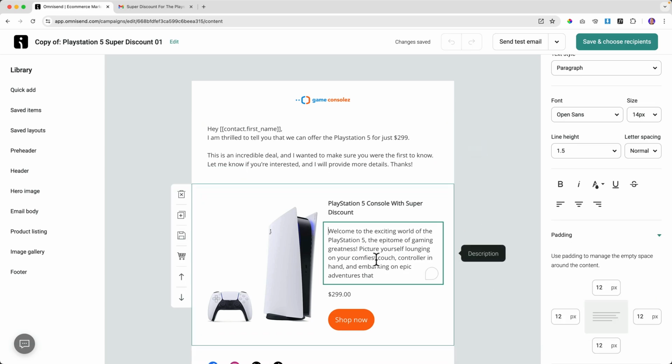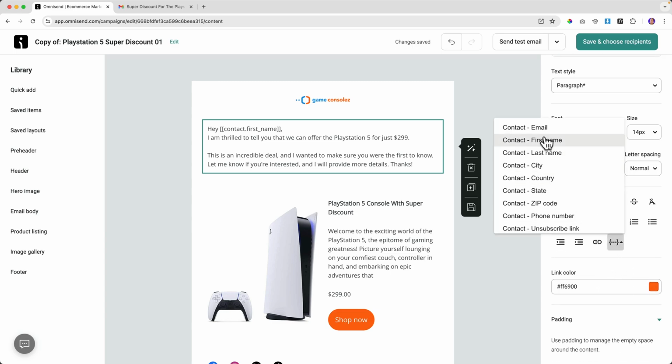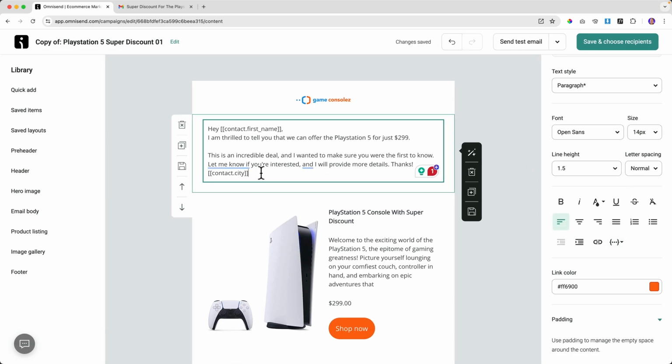So it's a matter of clicking and then over here, insert tag, and you can have any tag where the information is available. So people have not filled in their city in my form. So I can say this, but nothing will appear. So right now I will do this. There's another thing you can do. And that's when people don't fill in their first name, you can have something else over here.